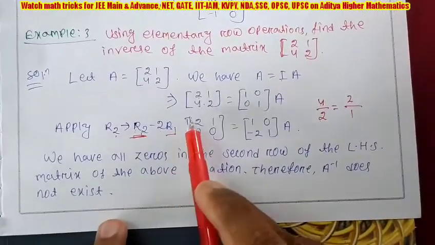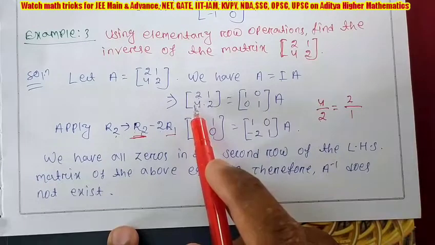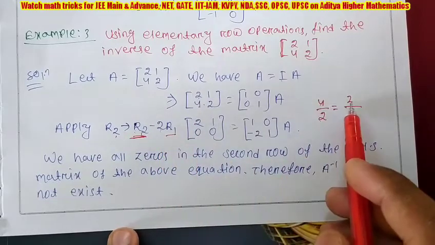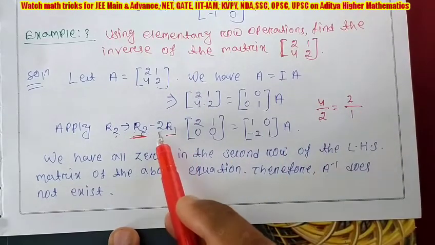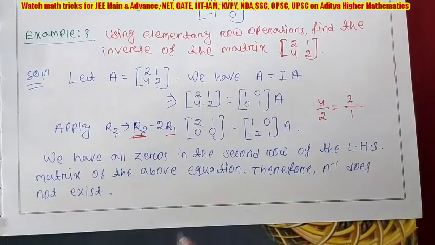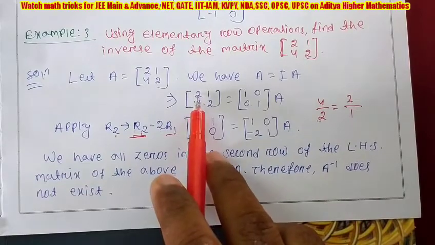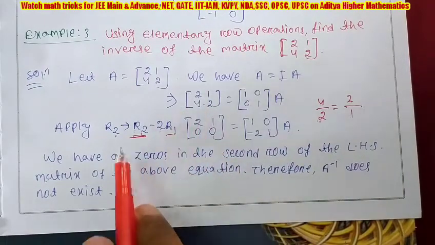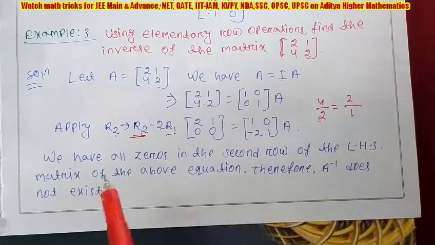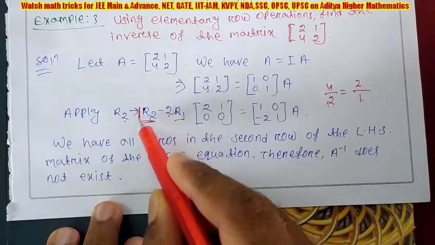So 4 is the element of R2, so you have to use 4 in the R1 coefficient. From 4 and 2 you are getting 2 as a ratio, so I am using 2, because it is easy to calculate. Understood? And that 2 in R1, you have to use in R2, and we are getting 1. So I am putting 1. So instead of 2, 4, I am using 1, 2.